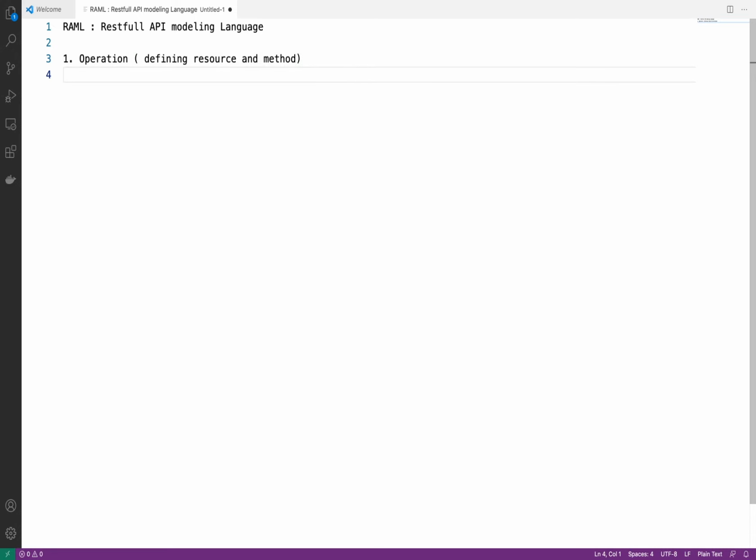Second, input. So what data we are going to pass to call that API, that input we will define. And input has four parts, details we will discuss one by one. Third, we have output, and then fourth one is underlying data type. So first we will discuss about operation.